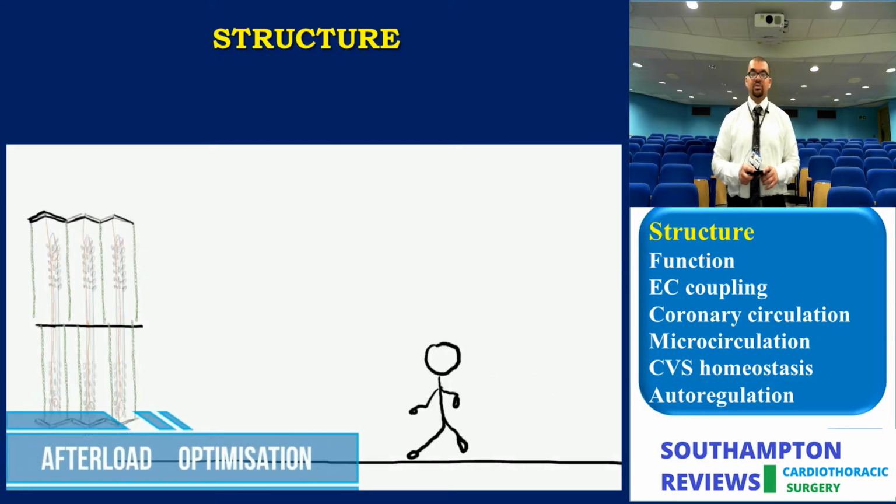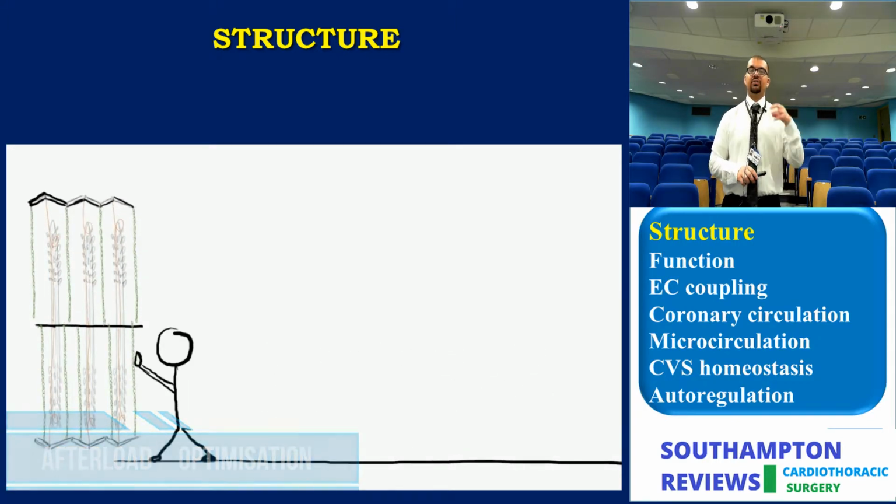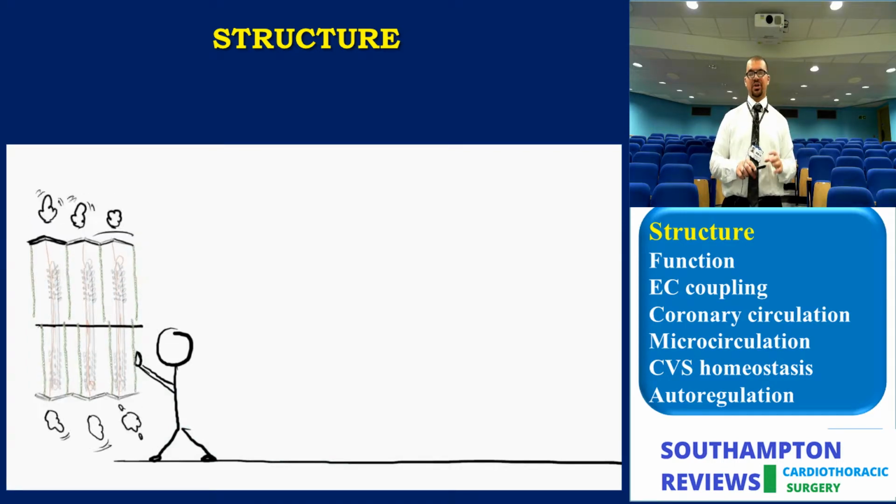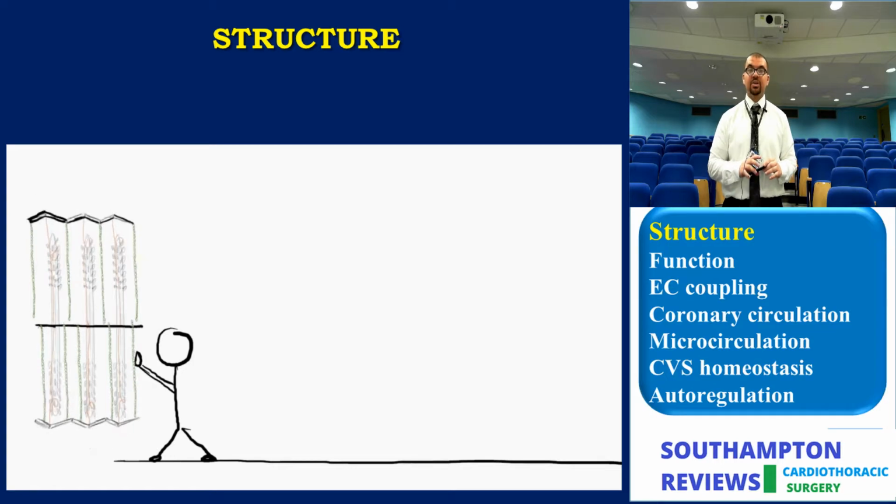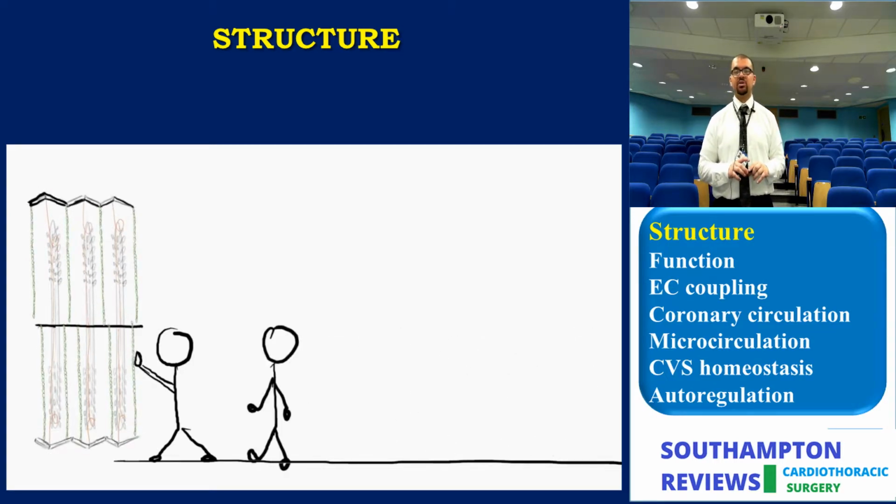Let's look at afterload optimization. In a comparative manner, afterload optimization can be rationalized using a curve similar to the Frank-Starling curve. Maybe not as famous, but equally important. It is the force velocity curve. This was described by Edmund Sonnenblick in